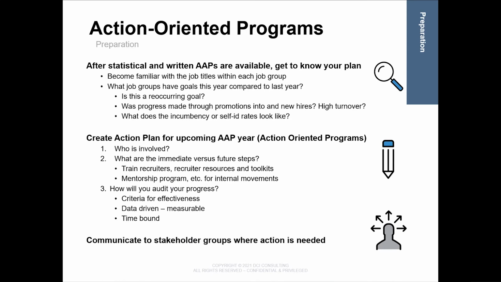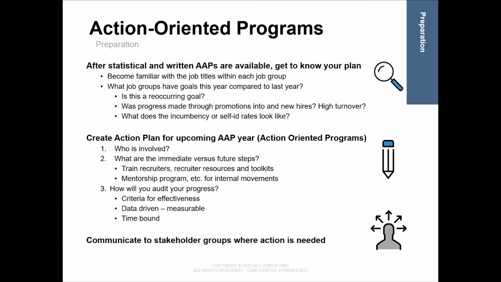Don't forget, it's a regulatory requirement that management and other appropriate staff members be made aware of your affirmative action program results, as well as informed of the progress towards these goals throughout the year. So you want to include anyone who makes employment decisions, including, but of course not limited to, hiring, promoting, transferring, terminating, compensation, and/or performance evaluations.